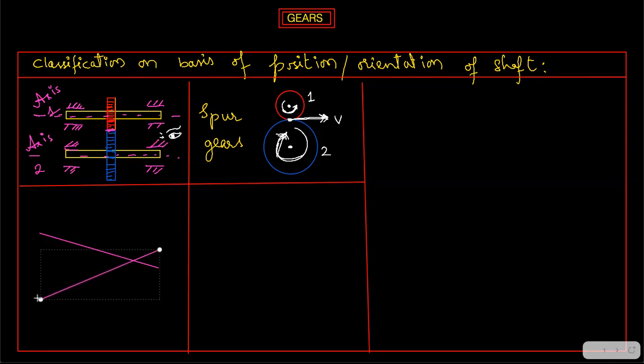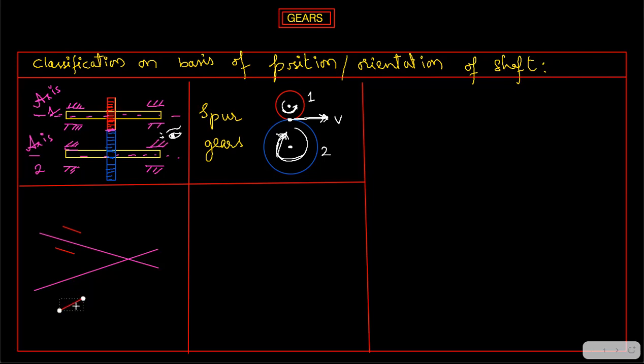So let's say these are the axes of two shafts. Fine. And now I'm going to draw the gears, how the gears are going to look. So now parallel to the axis, first this one, and then parallel to the axis, then the next one. So this is one gear, and then you have another gear over here. Yes, one is looking very small, right? One is looking large. Okay, that is the way it looks.